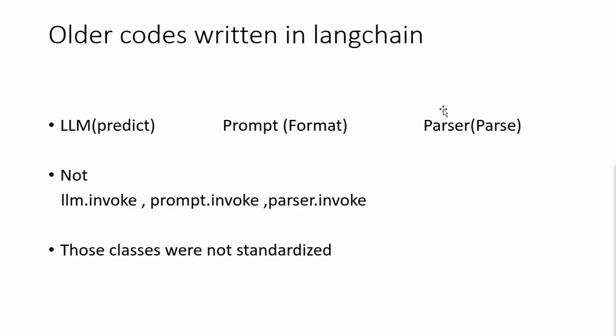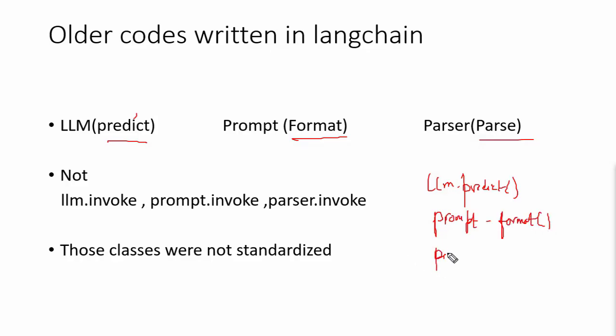In this video, I will introduce the new concept called Runnable in LangChain. You might have seen older code written in LangChain, with the llm.predict function, the prompt.format function, or the parser.parse function. Not like the llm.invoke function, which I have told you about, or the prompt.invoke function, or the parser.invoke function